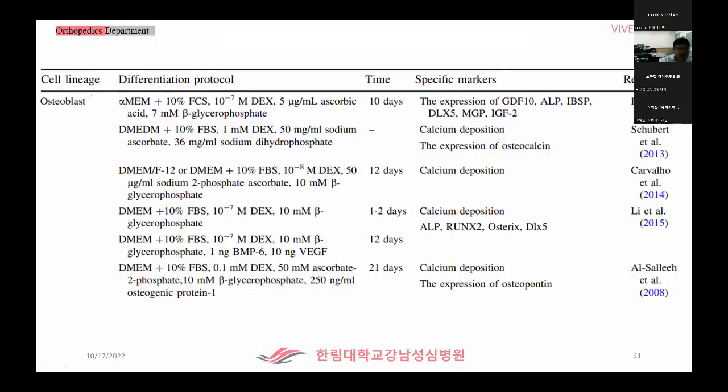Now, if you want to make osteoblasts, then you need to modify your media. You can see that instead of DMEM, we use alpha MEM, with 10% FCS, and then obviously dexamethasone and ascorbic acid. Then another very important compound is beta glycerophosphate. Not only beta glycerophosphate, any kind of phosphate you see here is an important precursor for converting adipose-derived cells into osteoblasts,